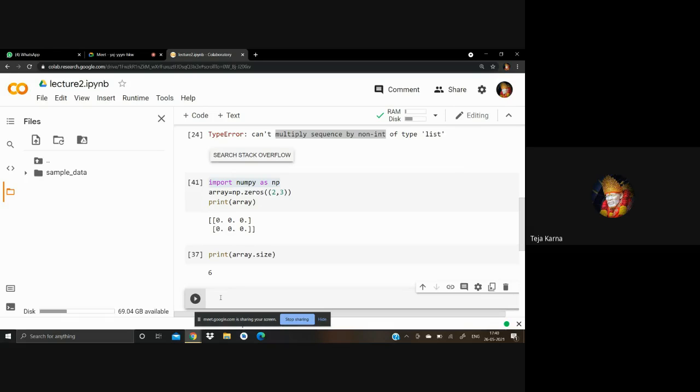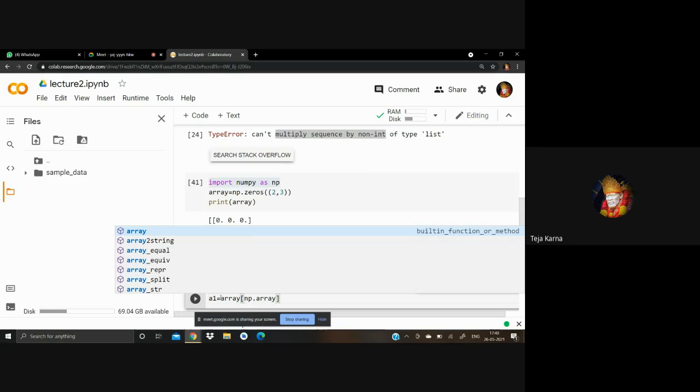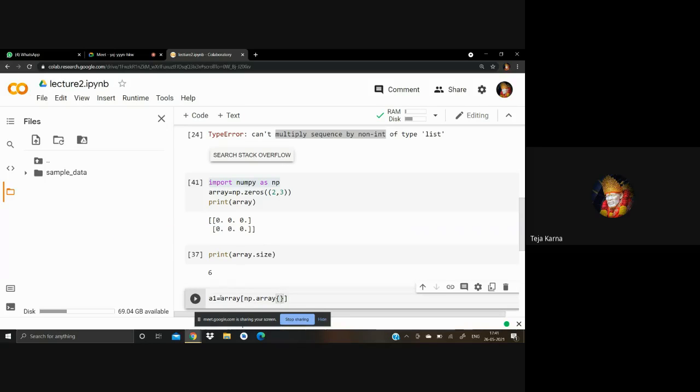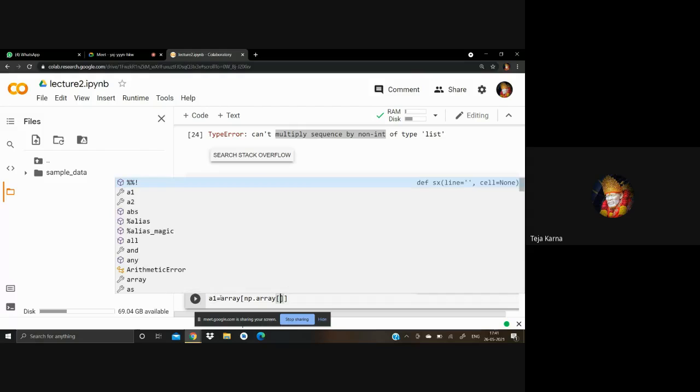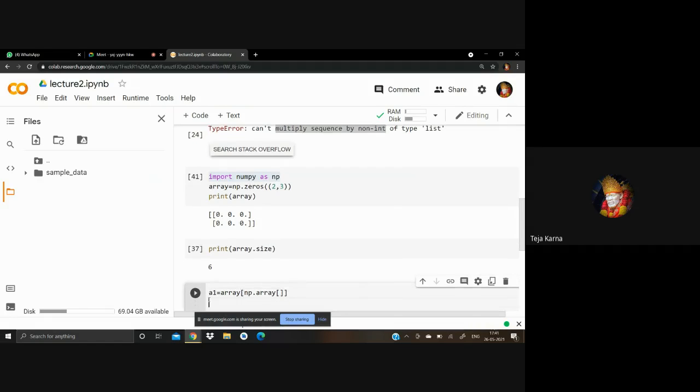Like taking a1 equal to array, then we are going to convert using np dot array. We have not created the list yet. First of all, we have to create that list.